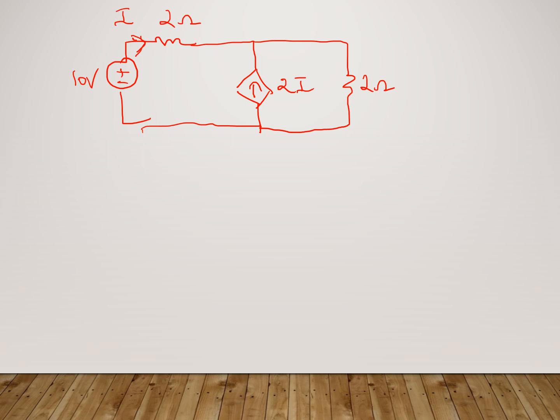One is source transformation, which will convert this voltage source in series with the 2 ohm to a current source. The problem is that the current I is what controls this current source. So the element through which the current flows, the 2 ohm resistance, cannot be involved in a source transformation, which means that you cannot do a source transformation on